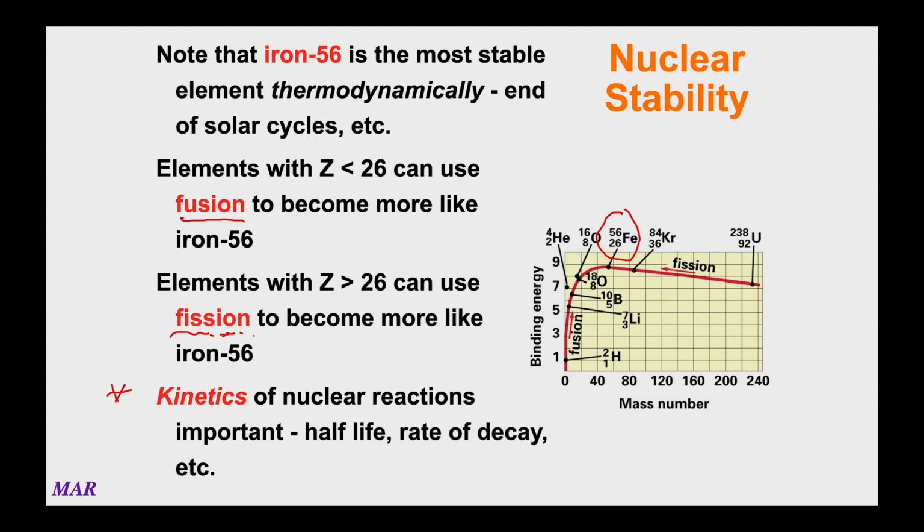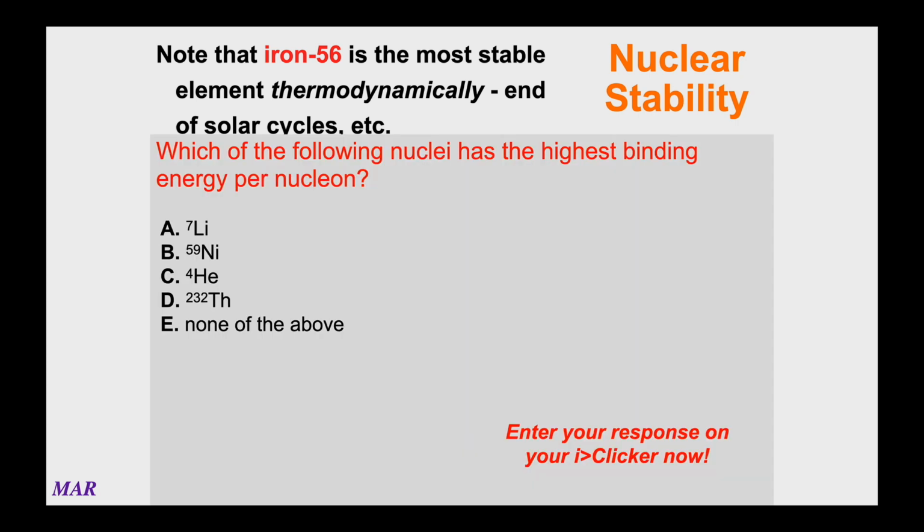It is kind of a cool thing to think about, though, if you're a thermodynamic scientist. This is the kind of question you might see. It says, which of the following nuclei has the highest binding energy per nucleon? And there are 4 atoms listed, and a 5th says none of the above. Well, if you happen to have a table of binding energies per nucleon, you can look these 4 up and see which one has the highest binding energy per nucleon, which is totally cool. However, if you don't have a